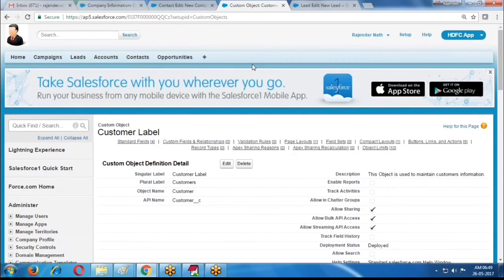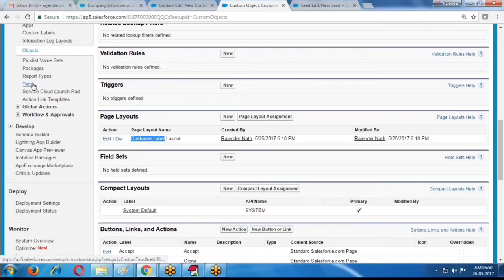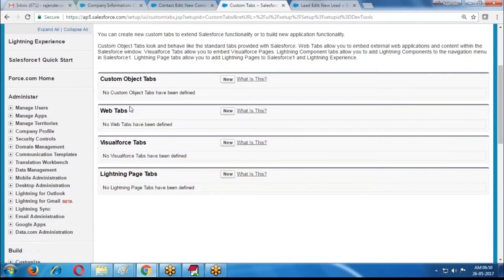How to create the tab? If you want to create the tab, go to Setup, Build, Create. After Objects, here we have a Tabs button. If I click the Tabs button, it allows us to create the tab. The tab creation page opens. We have 4 types of tabs: custom object tabs, and web tabs, for something like google.com.